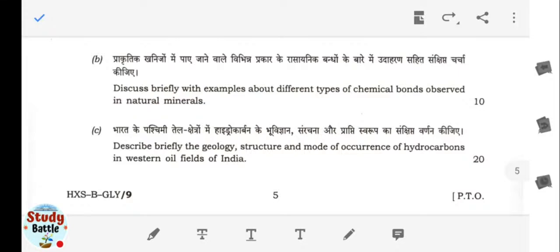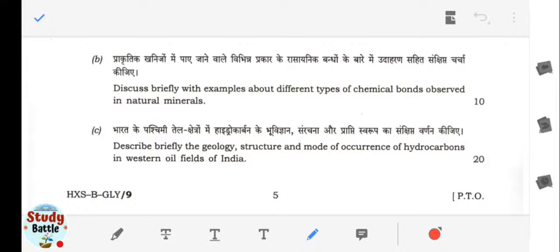That is the covalent bond, ionic bonds, metallic bonds, as well as the van der Waals bond. Okay, so these are 4 basic chemical bondings which are occurring in the minerals. Okay. Next one is describe briefly the geology, structure, as well as the mode of occurrence of hydrocarbons in western oil fields of India. Okay, so in western oil fields means we have to talk about Maharashtra, Mumbai,